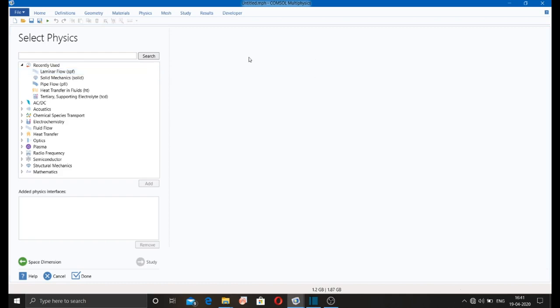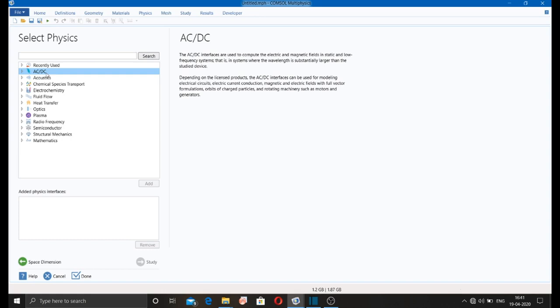So this window will pop up, and this is the physics interfaces page. Okay, so in this there are so many physics interfaces. If I am clicking on AC and DC, you will get some brief introduction of the AC and DC physics interface.